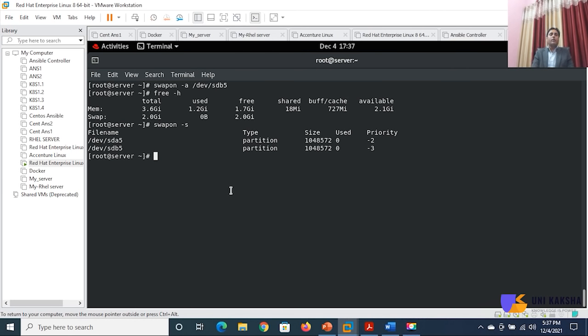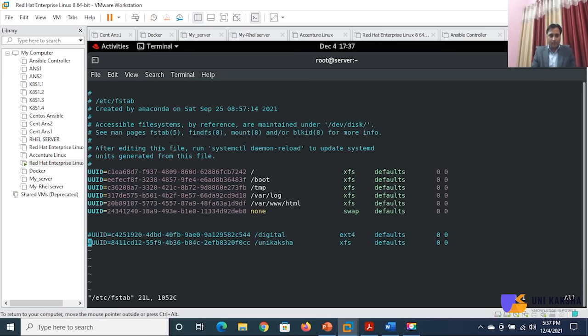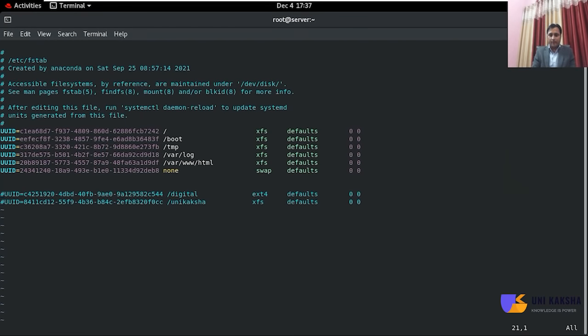So what to do? We have to put an entry inside /etc/fstab. So vim /etc/fstab. You have to put the UUID value, okay? And the mount point is none, the file system is swap, and the options are defaults.